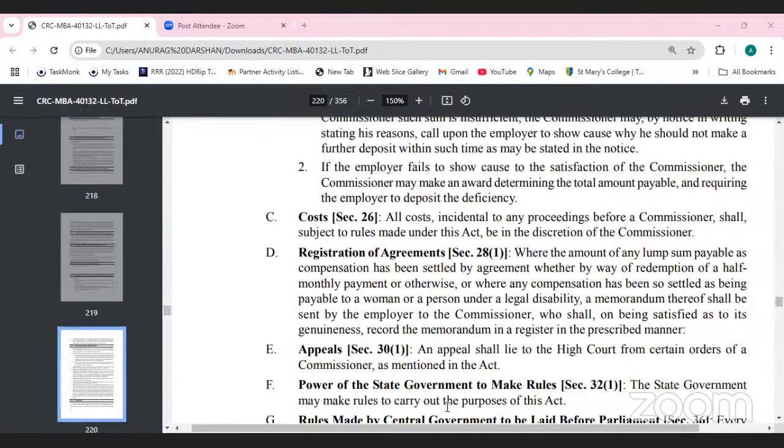Now, registration of the agreements: where the amount of any lump sum payable as compensation has been settled by agreement, whether by way of redemption of a half monthly payment or otherwise, or where any compensation has been so settled as being payable to a woman or a person under a legal disability, a memorandum shall be sent by the employer to the commissioner, who shall, on being satisfied as to its genuineness, record the memorandum in a register in the prescribed manner. An appeal shall lie to the court from certain orders of a commissioner as mentioned in the Act,